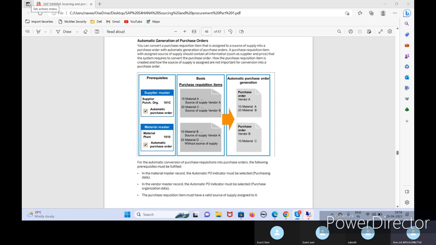So next one is automatic generation of purchase orders. Anybody aware of automatic generation of purchase orders, or anybody worked on it? Yeah, Naveen, automatic purchase order creation means basically first we